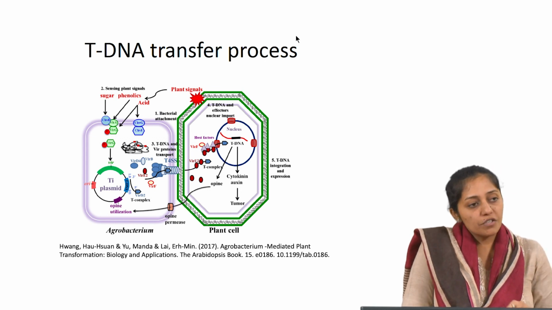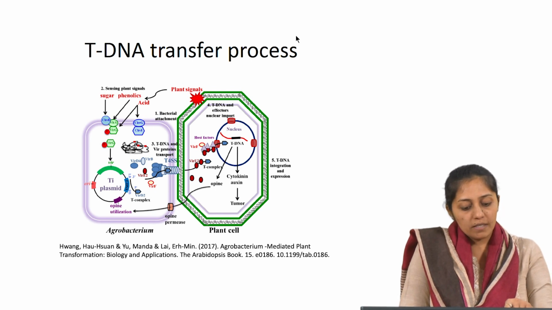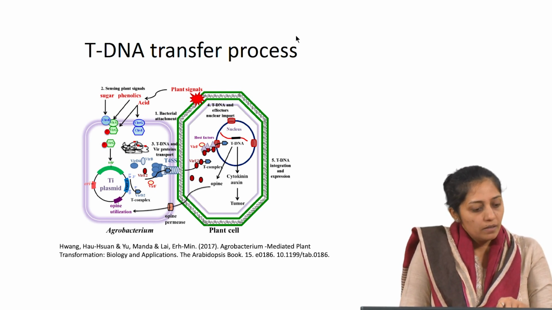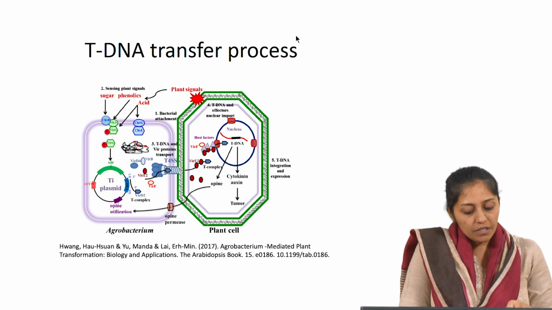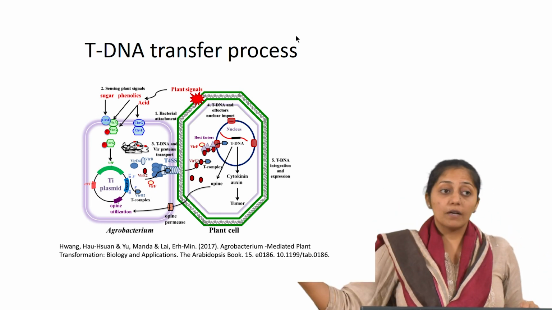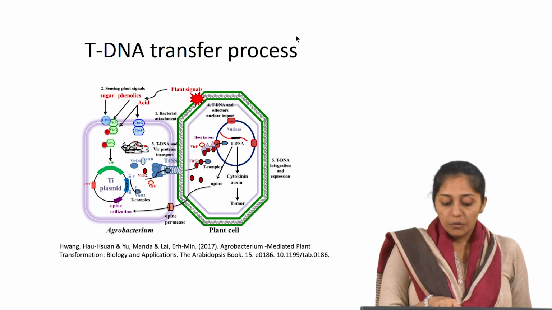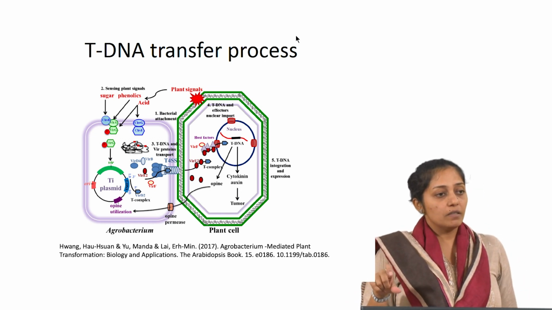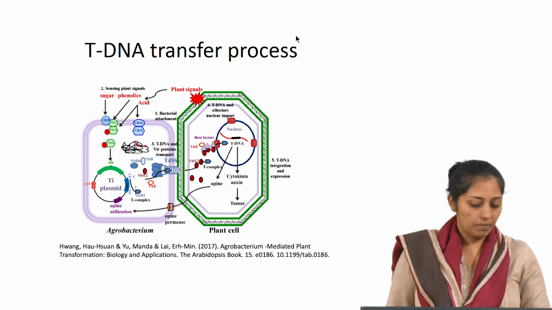So they have demonstrated the various virulence proteins which are responsible. One is acting as a receptor, then it further induces other regions of the virulence gene. After induction it involves production of Vir D, Vir E. Vir E is involved, once it enters the plant chromosome, in protecting it from the nucleases. Then Vir B is involved in conjugation. So you can correlate and remember how the events take place.